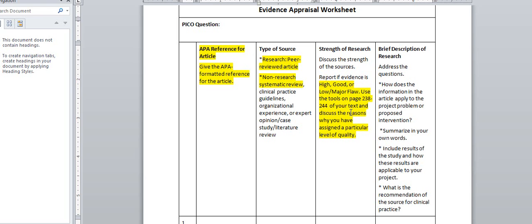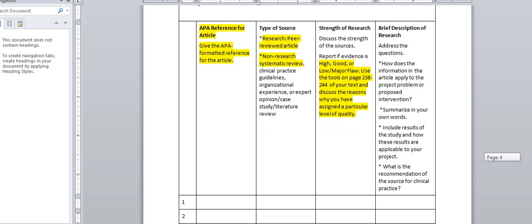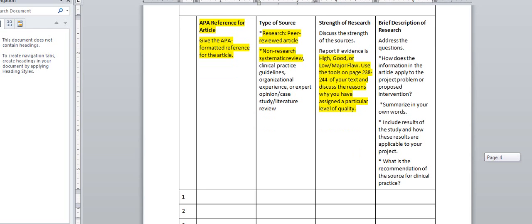Then the strength of the research. Now you're going to put in here if the evidence is high, good, or low, or if there's a major flaw, and you're going to use the tools on page 238 to 244 of your text to discuss the reasons why you've assigned a particular level of quality here. And so you want to be able to explain that based upon your text and how it evaluates high, good, or low, etc. Now obviously you want to be choosing articles that are high or good